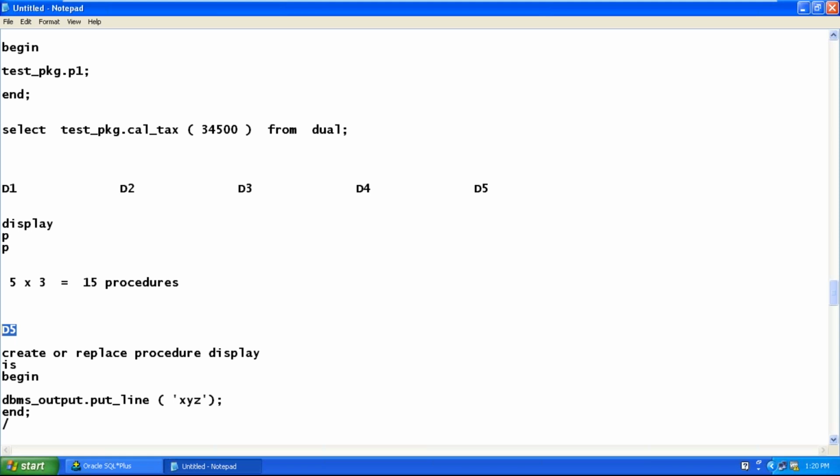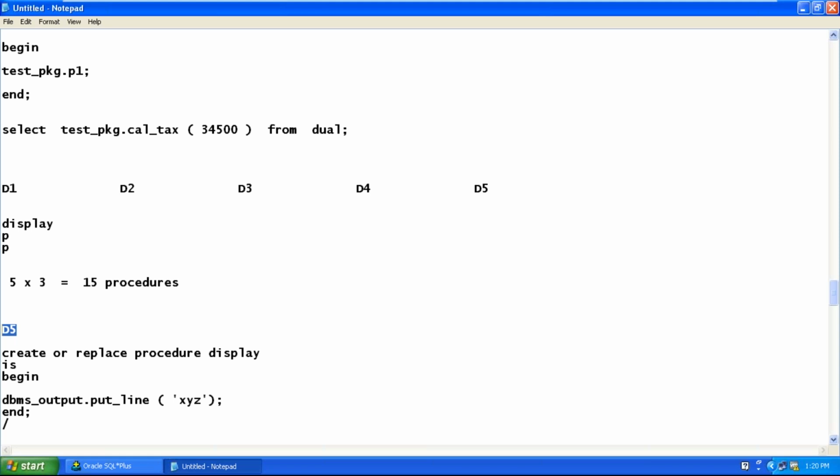Are you following? That means when there is an existing procedure, the system will not say that it is already existing. Unlike in a Windows environment, do you want to overwrite the file? Is it asking something like that? No, it's not asking. It gets replaced. That's it. Are you understanding? There is no modularity.